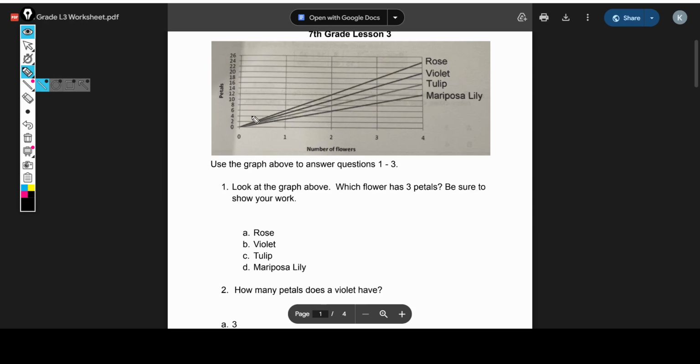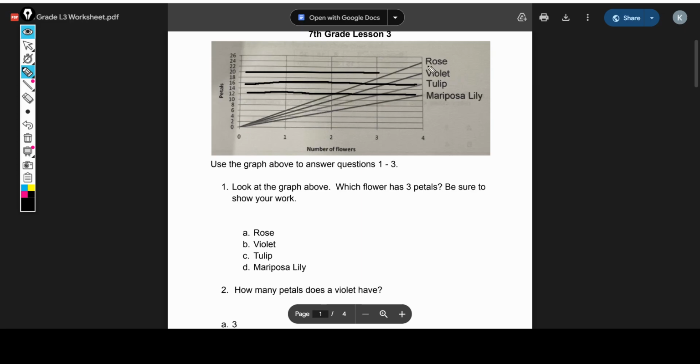So I think it's kind of hard to see the lines over here, so we can just use the lines over here. And we can see the rose has 24 petals, the violet has, looks like 20, the tulip has 16, and the mariposa lily has 12. And obviously none of these are 3, but that's because there are 4 flowers. So we need to divide by the number of flowers so that we can get the number of petals per